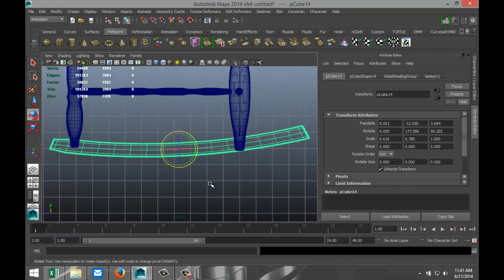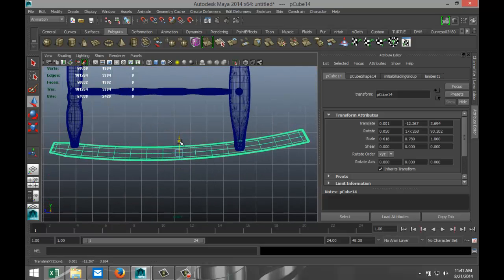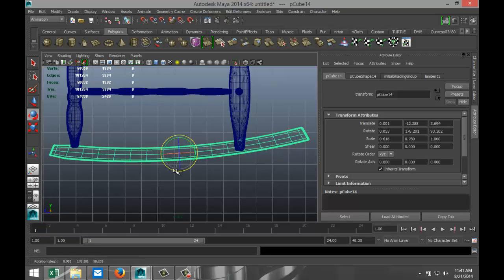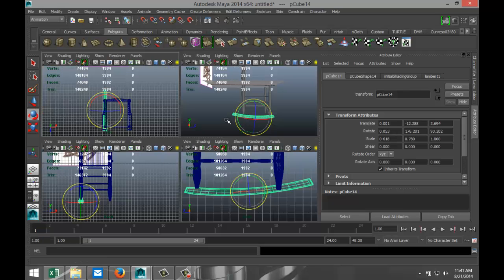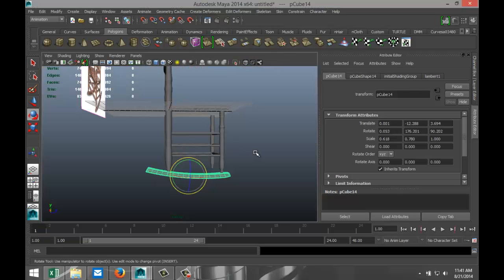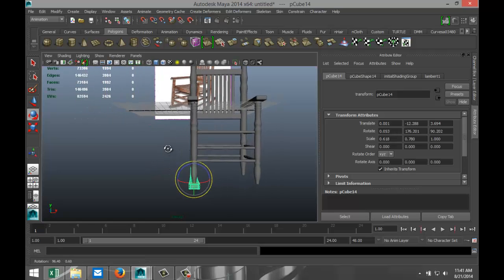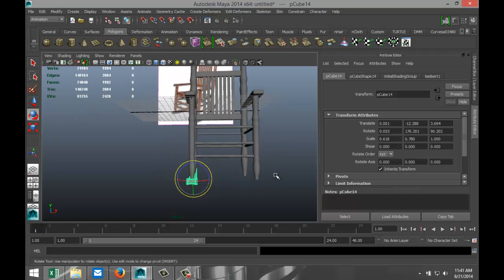Okay, so I want to push that down, hit E. Yeah, that's about the maximum that I can get out of it. Okay, how's that looking? Not too bad. Hit Control D,